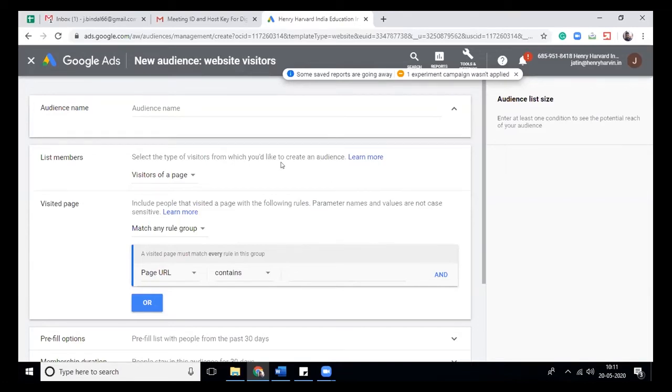So you can specifically target those people who visited any specific page of your website. For example, you are running a retargeting campaign for a specific course. Let's take the example of Henry Hoven.